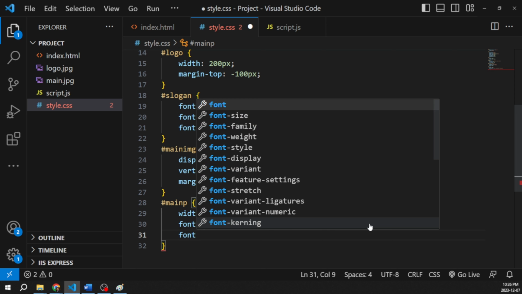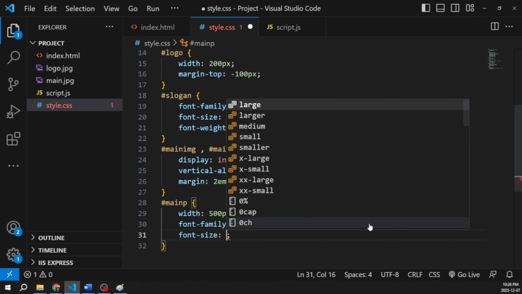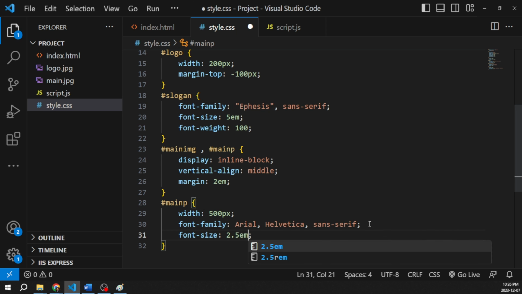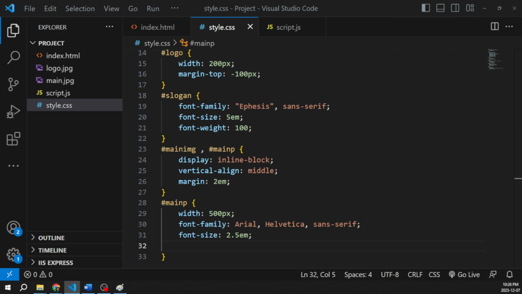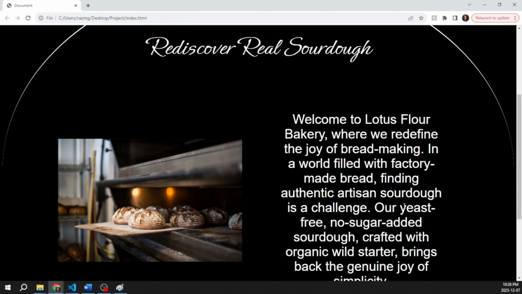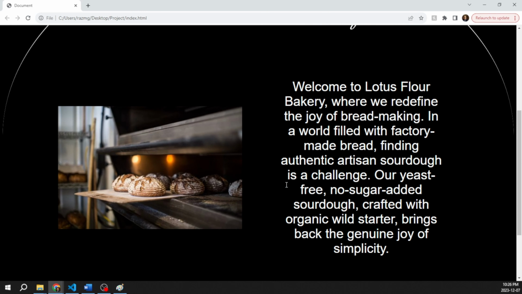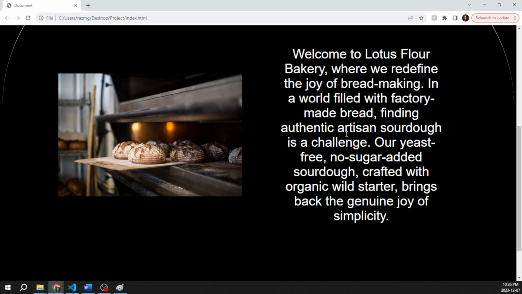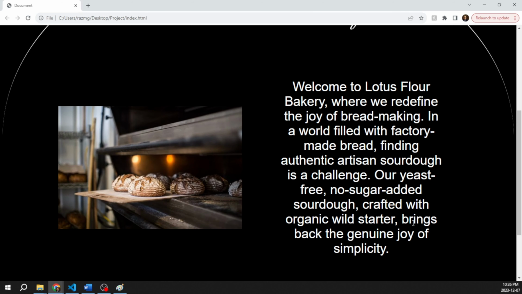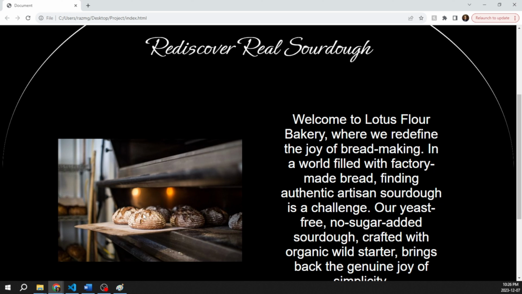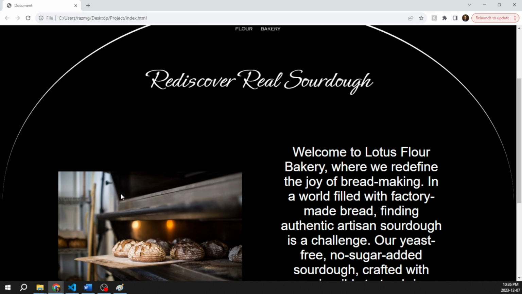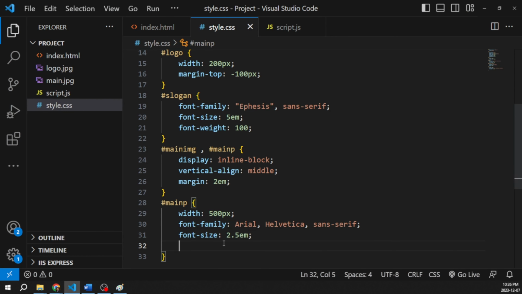I want to change the font size to something much larger than what it is at the moment. So let's start with 2.5 em, and I will see how large it is. Maybe it's too large for us. And one other thing I want to do, let's do that a little bit later. So let's see what we have up to this point. So you see, this is too large, the 2.5. I do want this text to be large. This is an important introduction, which matches the image we have here, but this is a bit too big of a text now. So let's go ahead and reduce the font size a little bit to maybe